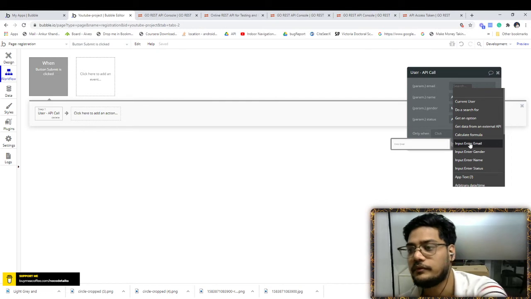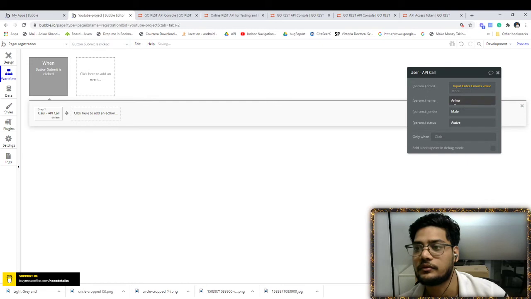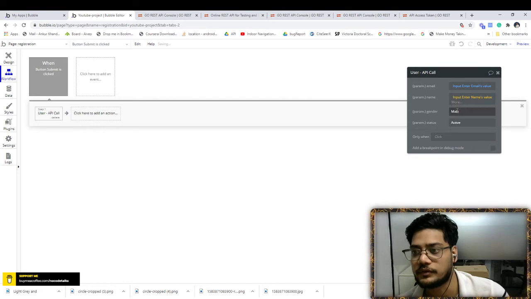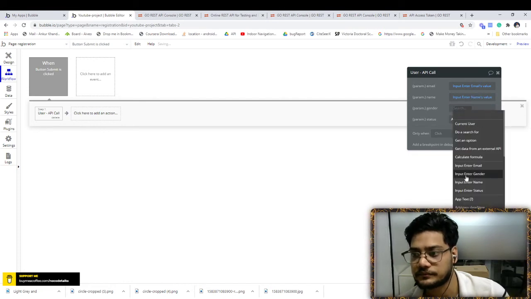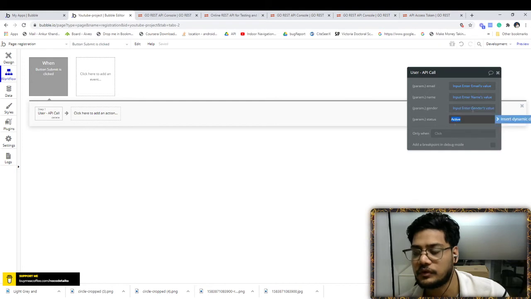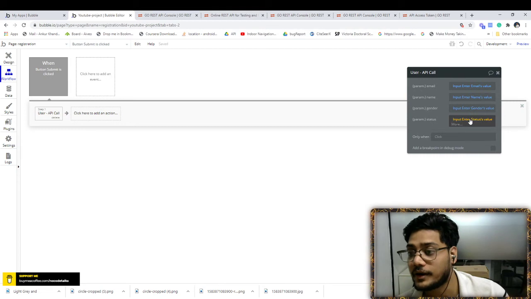So just input dynamic value in. So we will fetch input. We will choose from where we need to get the value. So it is email. We will get it from the input enter email values. What are the names? So whatever the user writes, enter input enter user values. What is gender values? What is that? Input status values. What is that input enter?